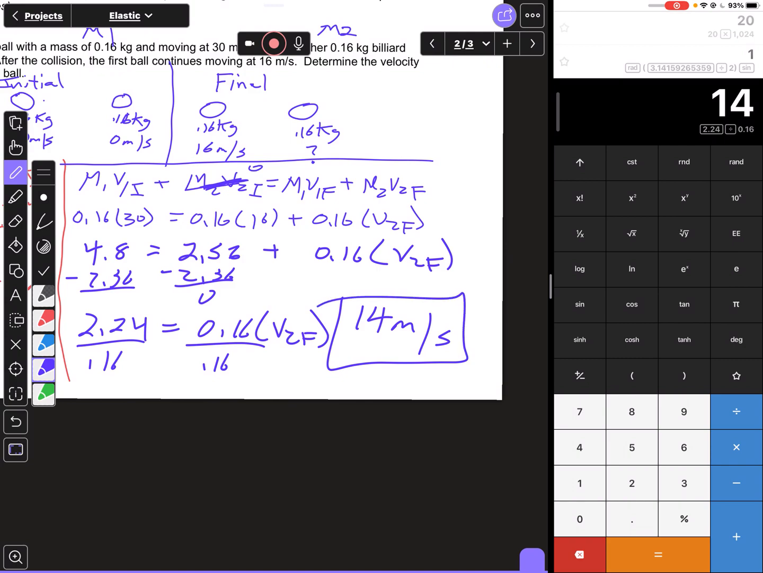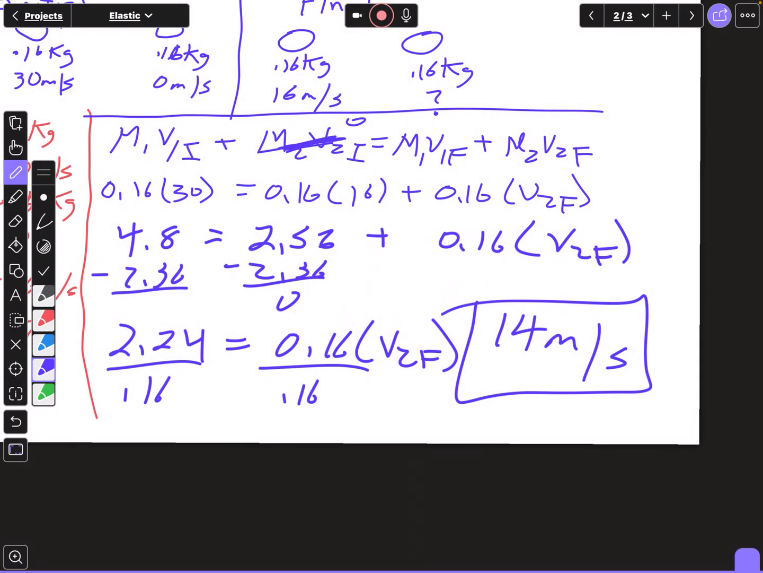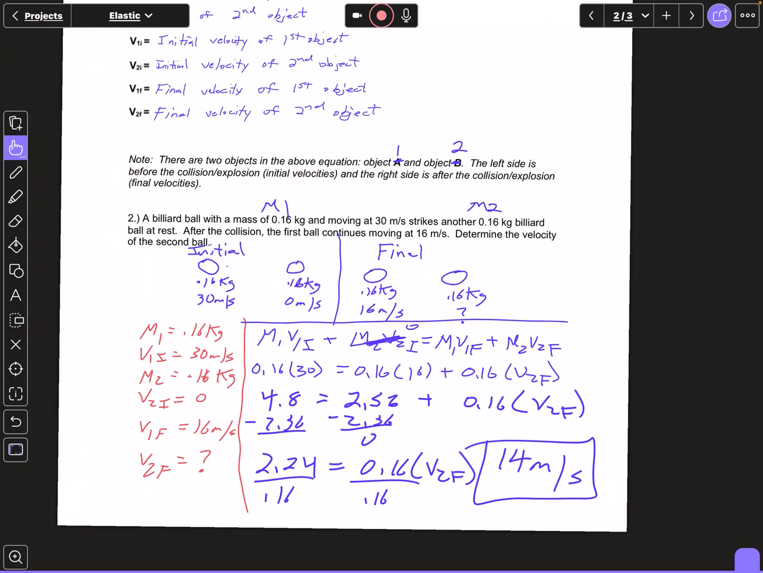These problems are kind of long. You need to really keep up with your signs of your velocities. But it's like working all the other problems. You just plug in your numbers and substitute and solve. So if we look at another example,